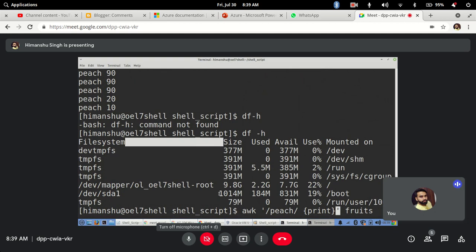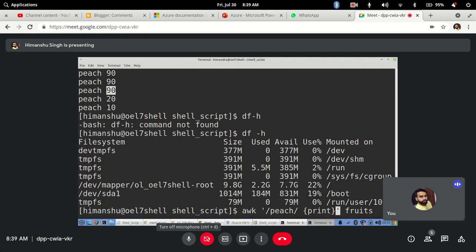My peach will be the first field, 90 will be the second field. So only two fields are here, 1 and 2. Clear?